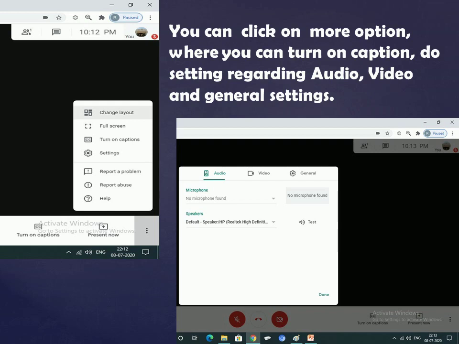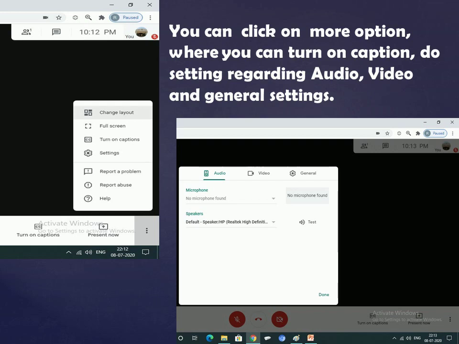So look at that. For microphone and speaker, you have to choose the same name as your headset. Then only you can hear the other person's voice, and the other person can also hear you. So the speaker and microphone name should be the same as your headset. That is for audio. And for the video also, if you are using a webcam, you can check it with the resolution of the screen